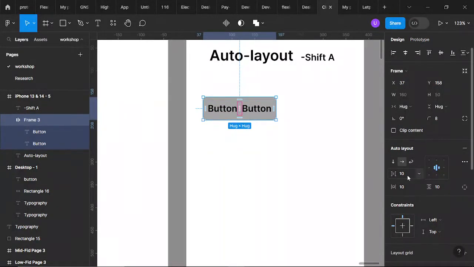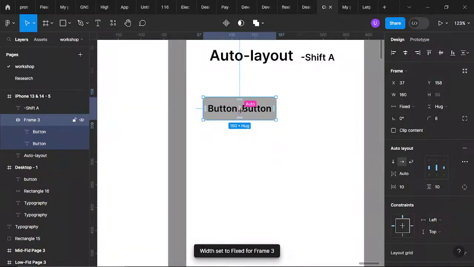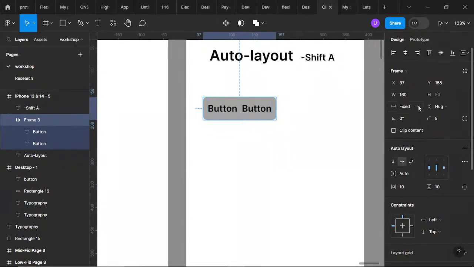Now let's talk more about the auto layouts. If you click on auto, it means everything should spread out. It doesn't care about the distance between them. But how we achieve that is that we have a fixed width in an auto spacing.